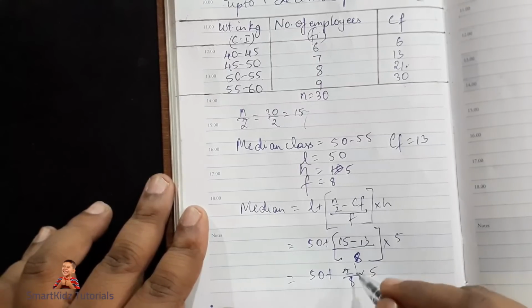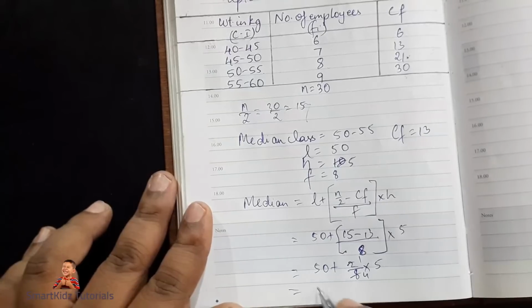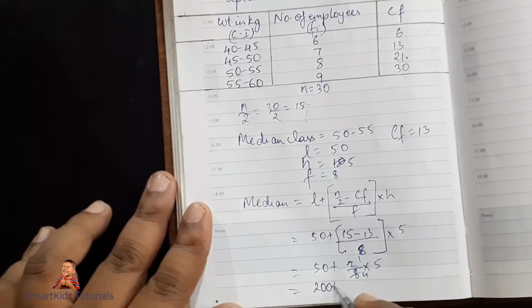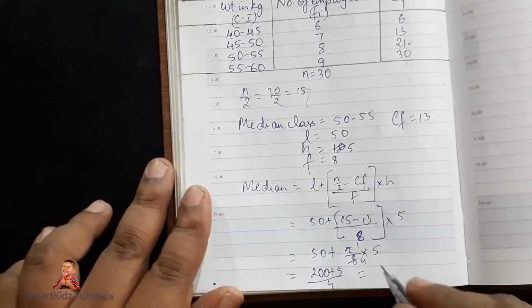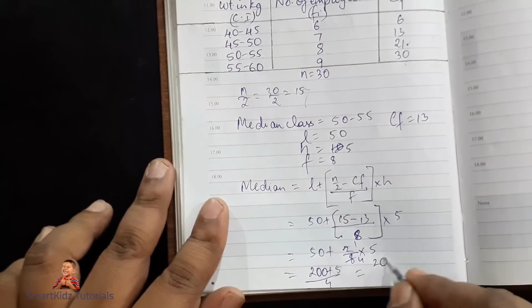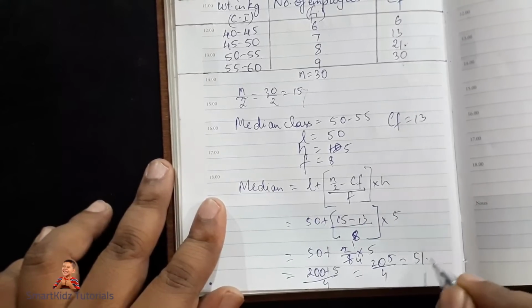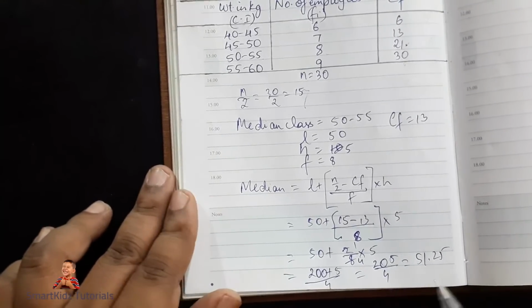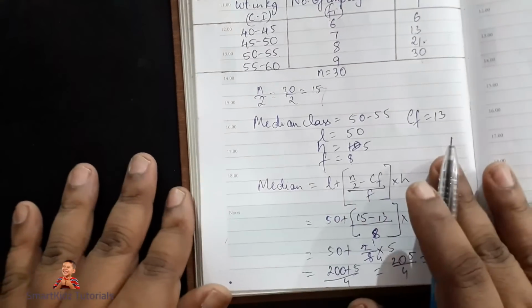So I'll cancel: 2 ones are 2, 2 fours are 8. And I'll take the LCM. I get 200 plus 5 upon 4, and that would be 205 upon 4, and that would be 51.25. That would be the median. So then you can say over here itself, I'll put it down,